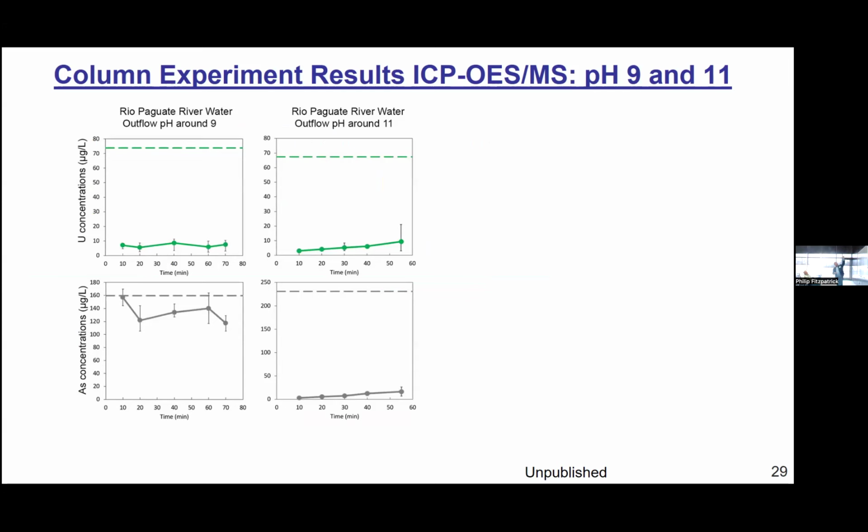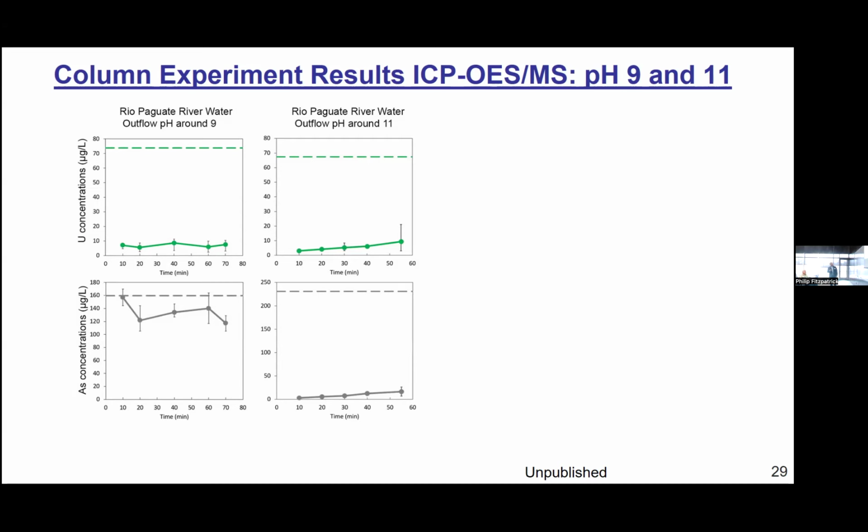But then we increased the pH to 9 and 11, just inspired by the batch experiment, to see what we found. And what we were able to see here is that uranium at pH 9 and at pH 11, as you see here, increases, but it stays still in the micrograms per liter. Why it increases is because of complexation at pH higher than 9 with hydroxide. Those are uranium hydroxides that are already causing the increase at higher pH. But they still remain in the micrograms per liter, below the maximum contaminant level.